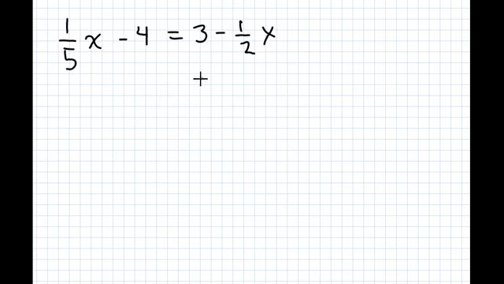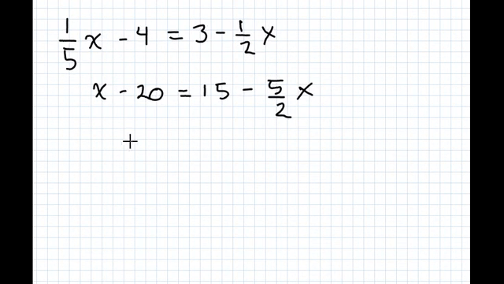So, saving some time, I've written this out already. We want to solve for x in this problem, and what I'm going to do here is get rid of these fractions. I'm going to get rid of this 5 and this 2 down here in the bottom, and I'm going to do that by multiplying through by 5 to every term in this equation. So 5 times 1/5 is just 1, so we'd be left with x minus 5 times 4 is 20. 5 times 3 is 15, and 5 times a half just becomes 5 over 2